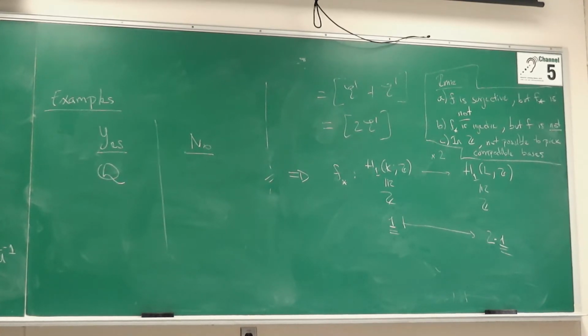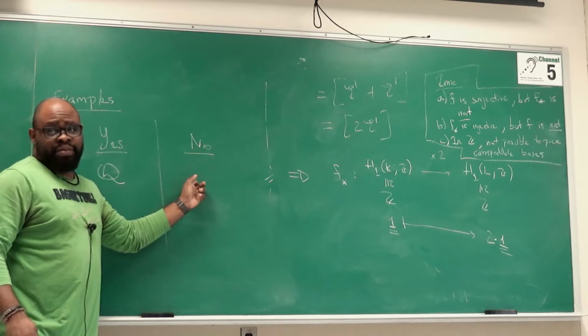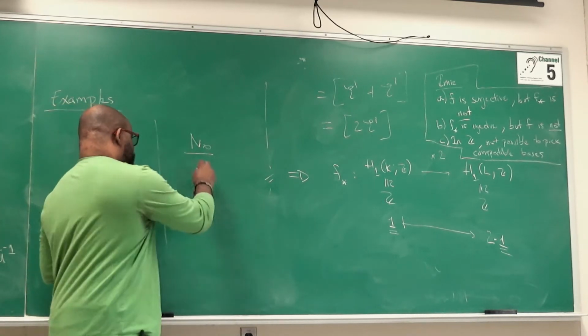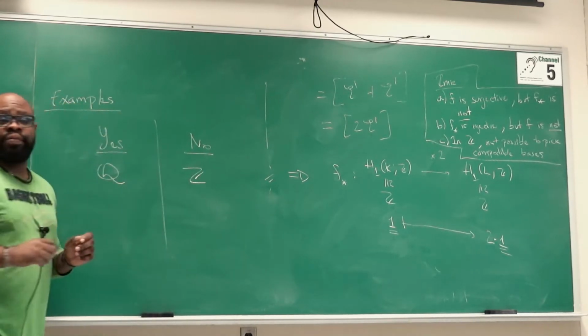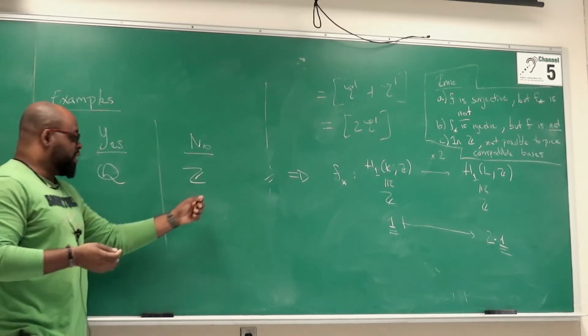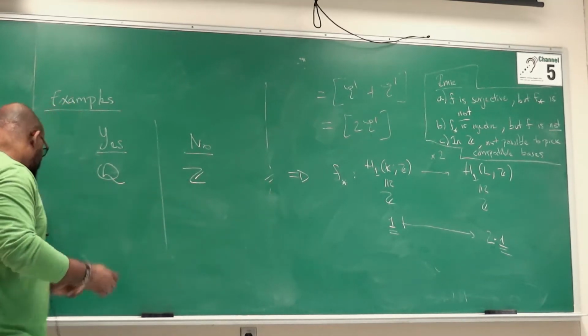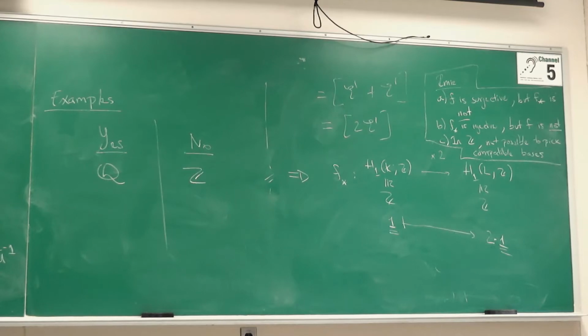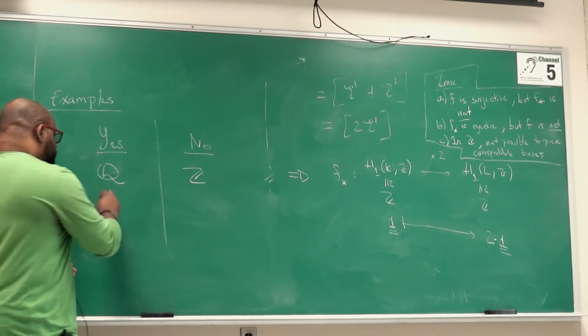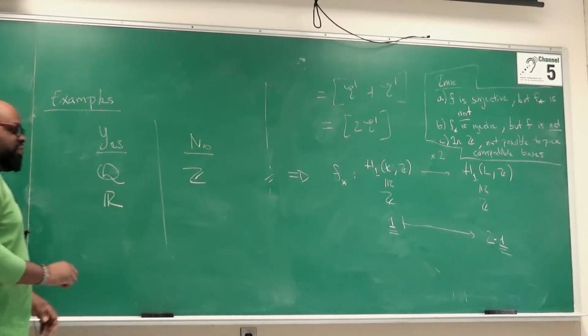Any non-zero rational number has a multiplicative inverse. Just flip, and we're good. What would be an example of something that is not a field? The integers, for example, because the number 4 doesn't have a multiplicative inverse. Other examples, the reals,